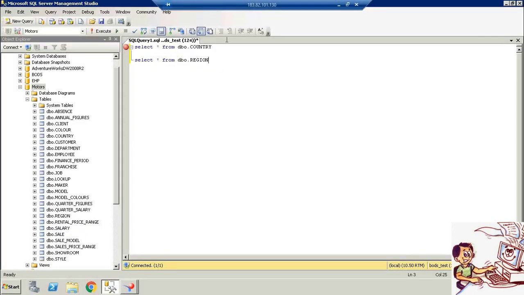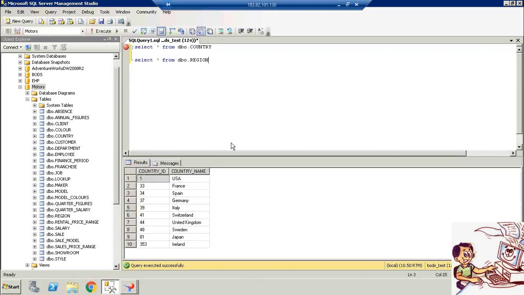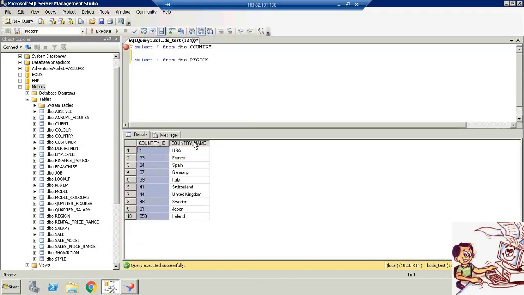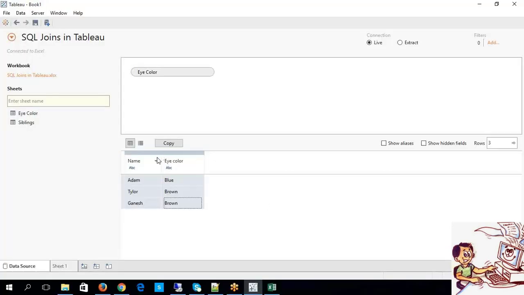Now look at this. Even here we have a table called country, for example. How many columns do I have? Two columns, isn't it? Now if you look here in your Tableau Desktop also, you have two columns, and each and every column has a different set of rows. Don't you think this is duplicate data? No, because the corresponding name is different. If the name were also the same, then you might think of it.